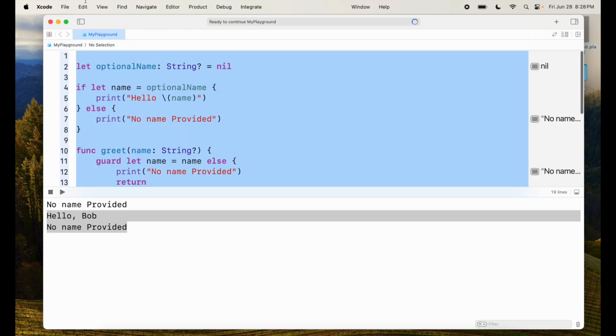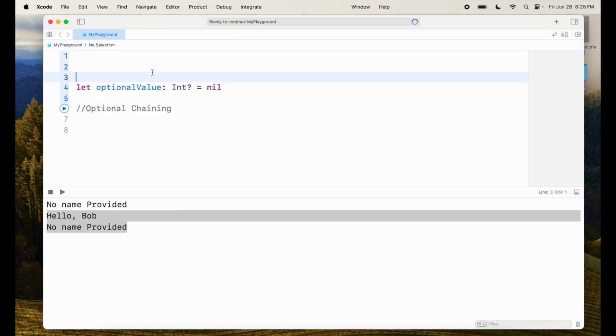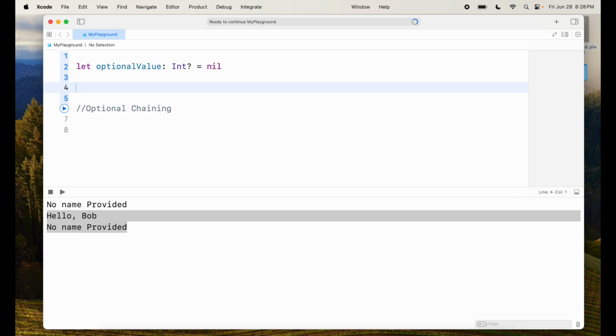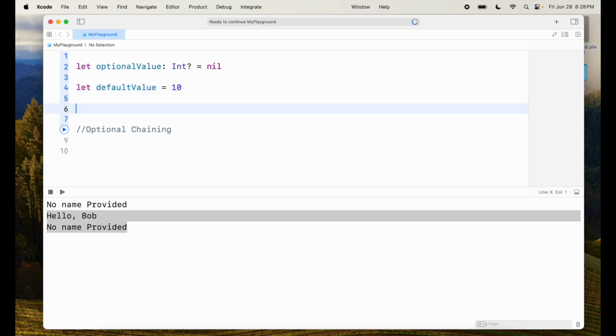We get rid of the previous stuff, and now I'm saying let defaultValue equal to 10. Now I say let result equal to optionalValue. Now the optional value is nil, so if I assign that to result, it might cause a problem. So I'm going to say if there is no value in there, I want to use the default value